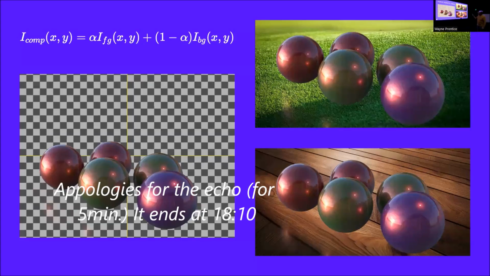Really simple equation, that's called the compositing equation. And it just talks about blending things given that alpha channel. Alpha channel is 1 where there's something, 0 where there's nothing, and somewhere in between where there could be something. All of the renderers that we developed at Pixar back then were designed to give you partial coverage.